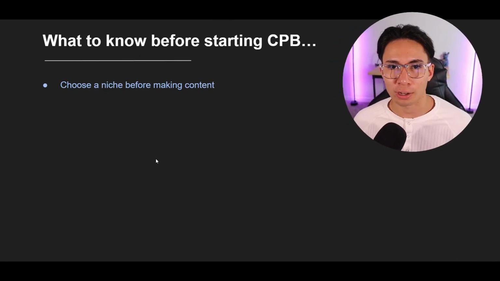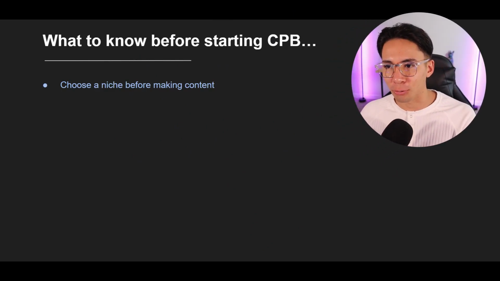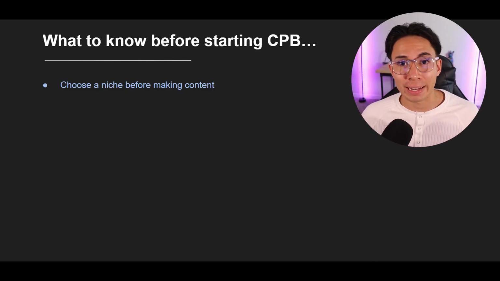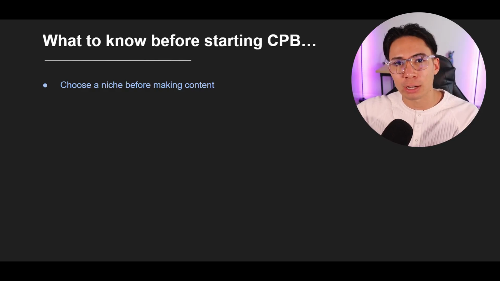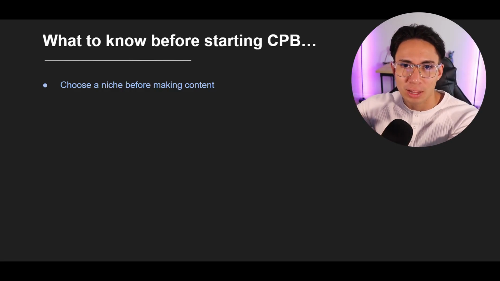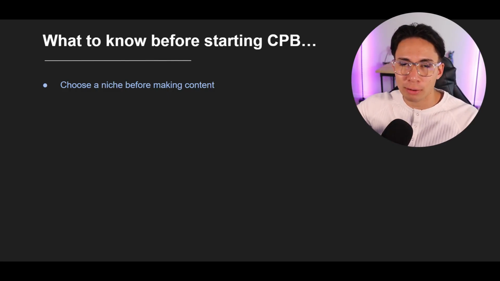Choose a niche before making content. We talked about this before, but it's nice just to see it. You need a niche. If you don't have one, it's the number one thing you need to think about before you even create an account, before you do anything. What type of videos are you going to create? Animal videos, cop videos, streamer clip videos. We didn't even show an example of that, but you go into streamers, getting the best highlights. Is it about celebrities? Is it whatever it is?